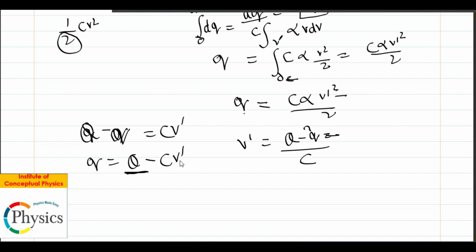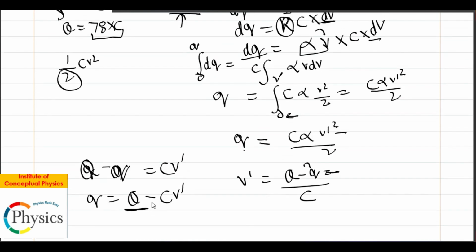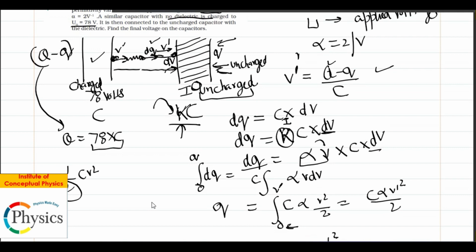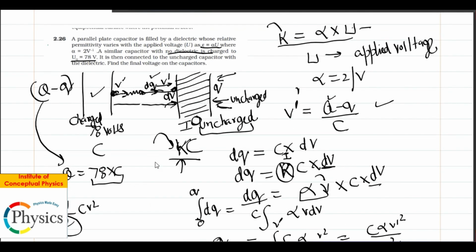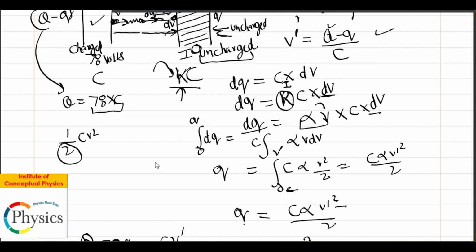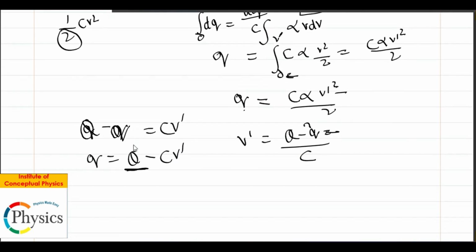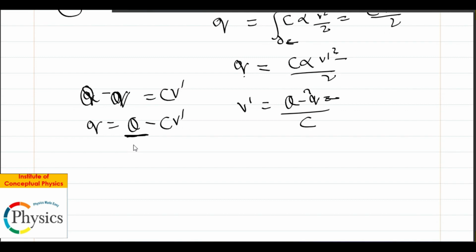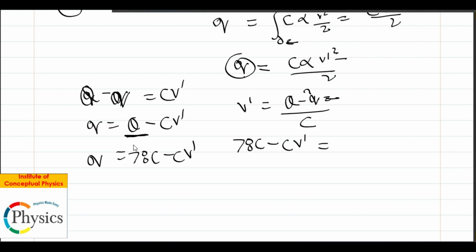The total charge available to me was 78C, in fact, right? So I can change this also to 78C minus CV dash. That's my Q. If I substitute the value of Q here, I get 78C minus CV dash is equal to